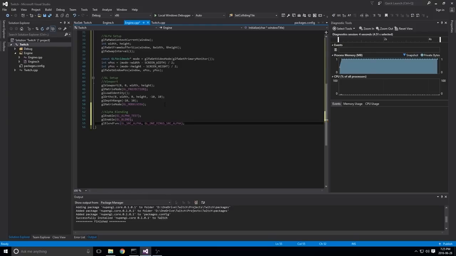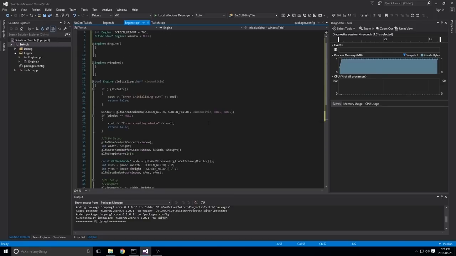Now, this is basically how alpha is going to be handled. So we enable blending, and the function I'm going to use for blending is the source alpha and then 1 minus the source alpha. And this is just how I've gotten it to work in the past. Again, if you want to look at how these things actually work, take a look at the wiki, take a look at documentation online. And basically, we're done with our GLFW setup.